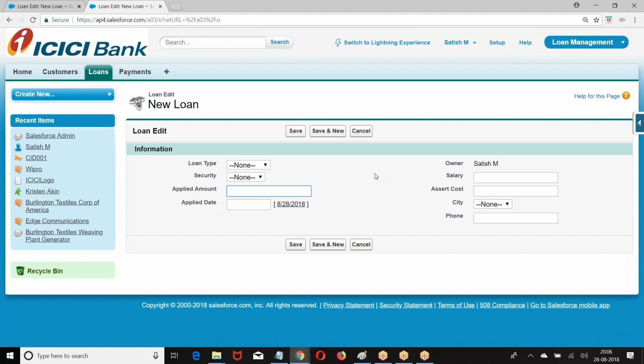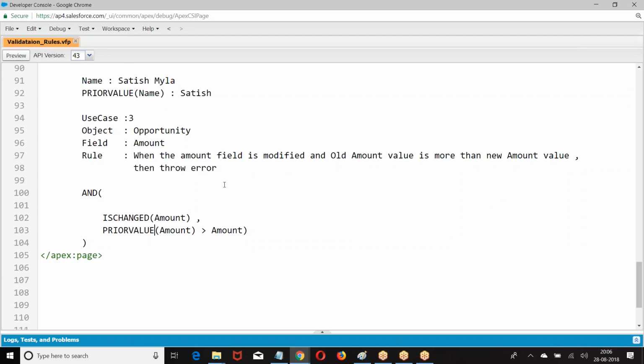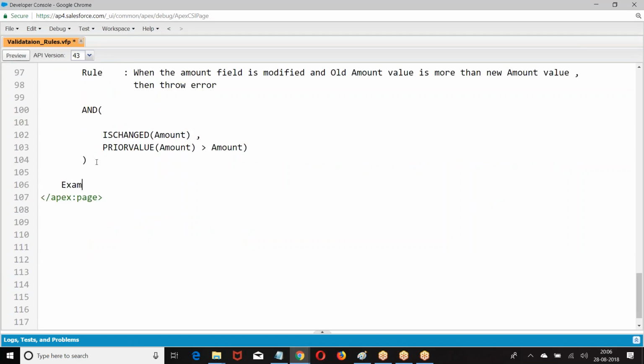Now I want to create some formulas. What is the processing fee? What is the maximum amount that can be sanctioned? I want to write some validations and formulas. Right? I'll give you exercises. Let us do this. Next, interest rate. Okay, first let us start with the use case. What is the object?